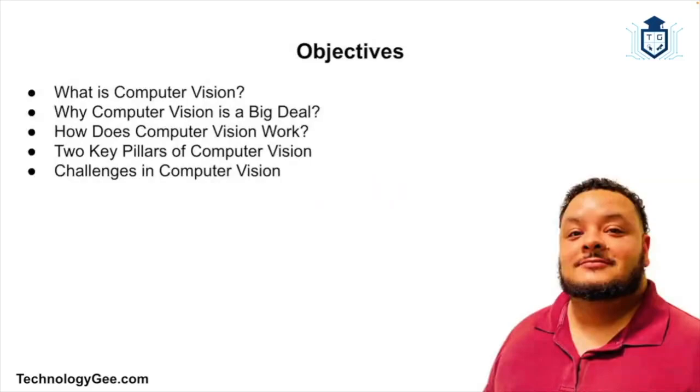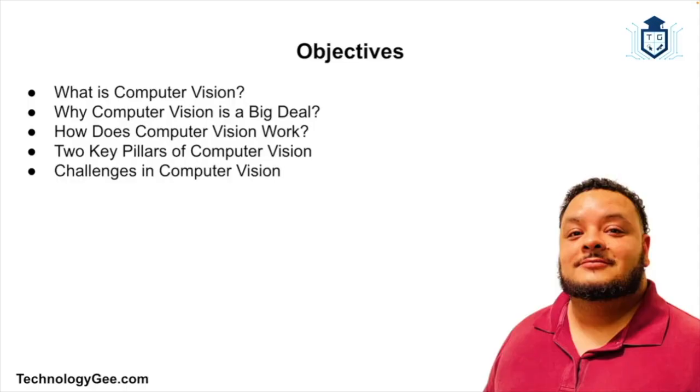Let's play a game. Look around wherever you are right now. Do you see your phone? Do you see a coffee cup? Maybe there's a dog lying on the floor or a car that's passing by outside. Now, imagine teaching a computer to see all of those things, not just to see them, but to actually understand what it's looking at. That, in a nutshell, is what computer vision is all about.